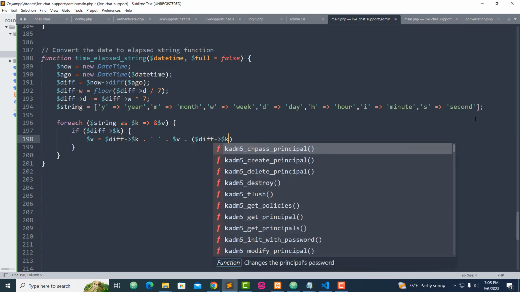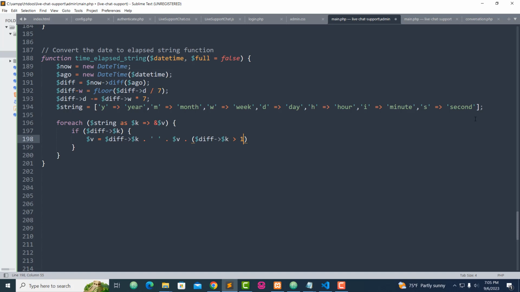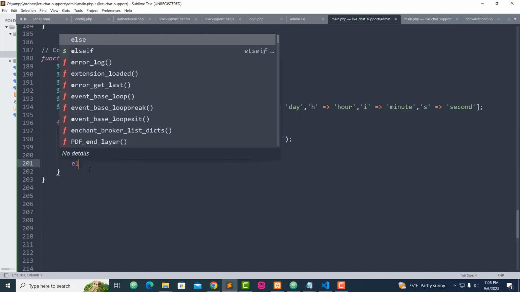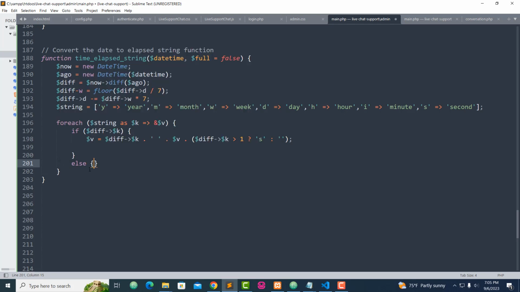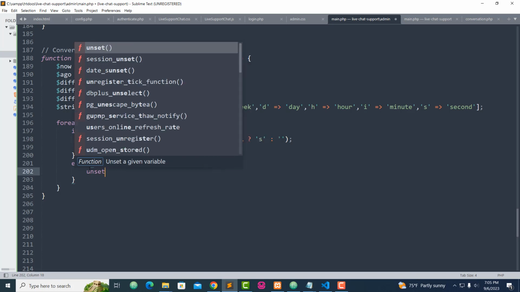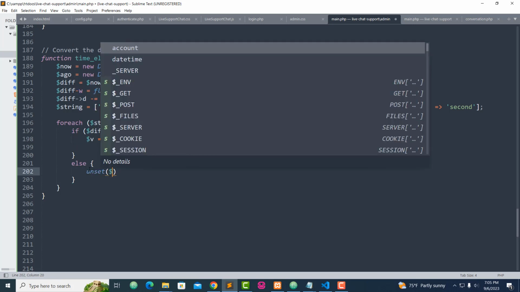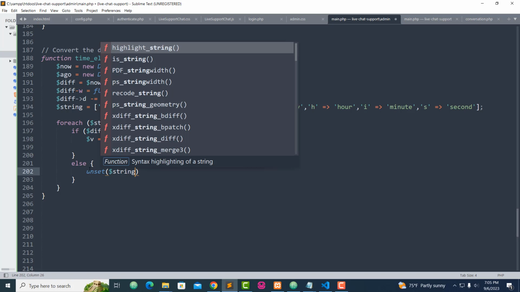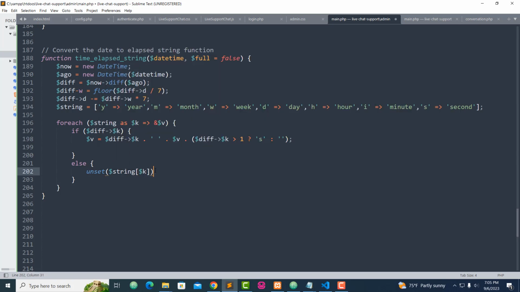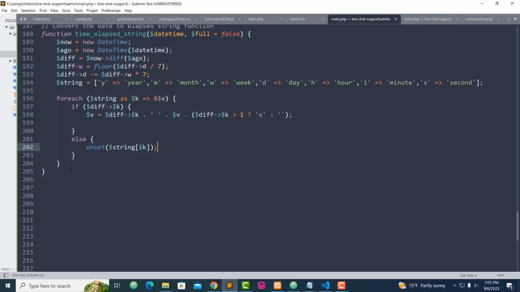So okay, yep. Now this is where I'm going to use else statement here, or I can put it else, put it this way, else unset string. Okay, now we have 1 2, look at me, 1 closing 2, and then go here,